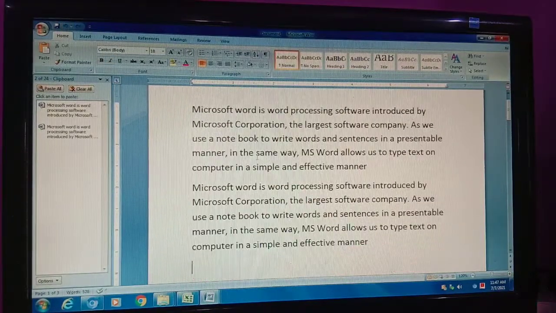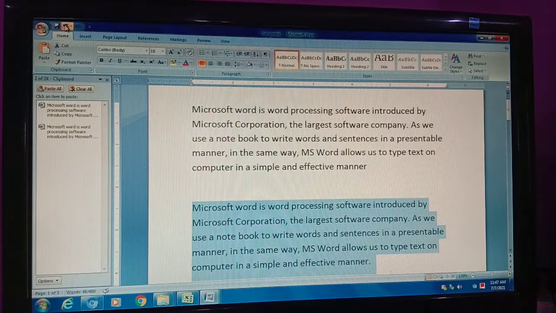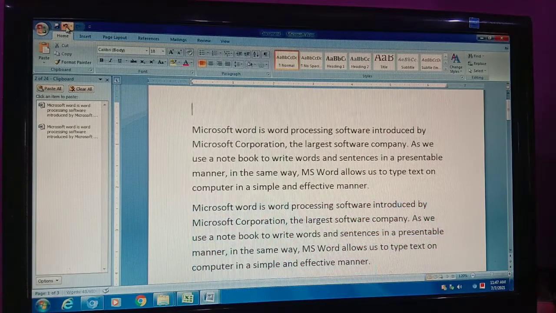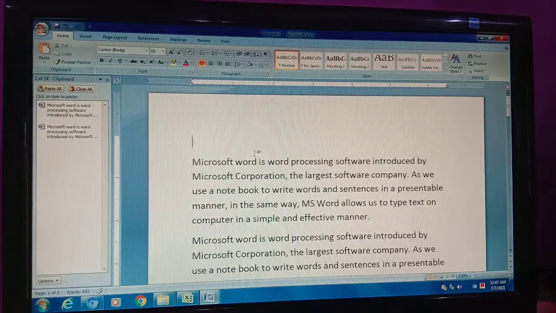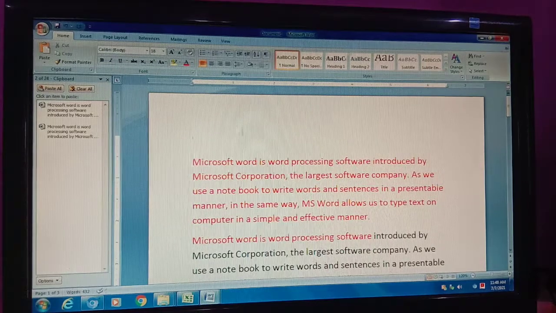See, only 2 text are there, 2 paragraphs are there. If I click again, the second one will also be removed. And if I click again, then the color of this text will be removed. And if I click again, the upper one will be removed. This is of red color, so I am making it red. Clear to you? If you want to reverse your action,